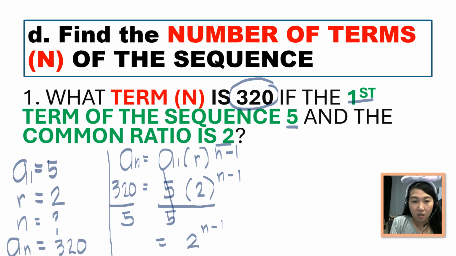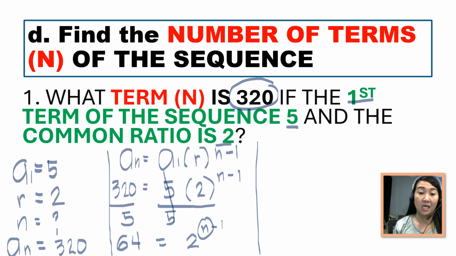So let's do it. 3 divided by 5 cannot be 32. How many 5s do we have in 32? So we have here 6. And then meron tayong natirang 2. So that would be 20. How many 5s do we have in 20? So that would be 4. Therefore, 320 divided by 5 is 64. So what's next? How are we going to solve for the value of n?